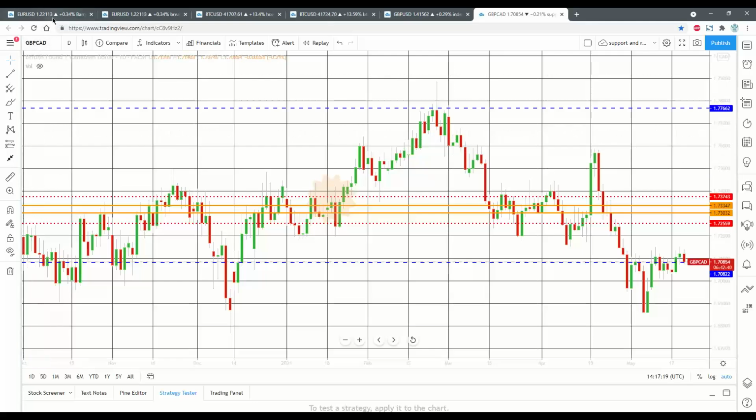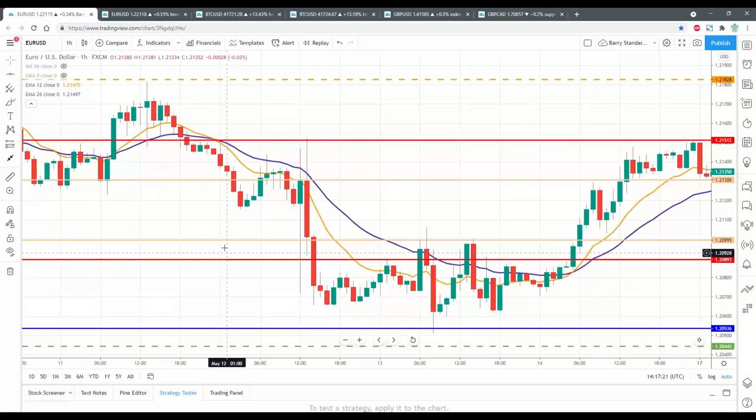Okay, let's go to my Euro US dollar. Now what we're looking at is the Euro US dollar 1 hour chart. This is my standard teaching chart. I haven't brought it up here because I'm suggesting to trade the euro. I haven't even been watching the euro that close since early this morning. Okay. But what we were talking about just now